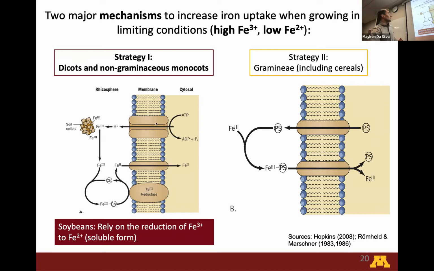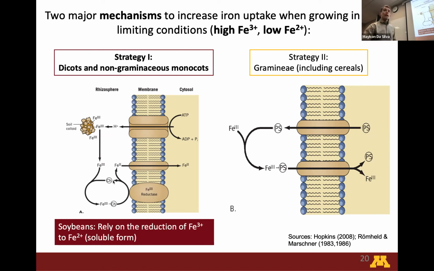I won't talk too much about each of them, but first, soybean roots activate a proton pump called APS that releases hydrogen protons into the rhizosphere in an attempt to acidify this region immediately surrounding the roots, promoting the solubilization of ferric iron. Then soybean roots activate a ferric reductase enzyme located at the root cell wall that eventually reduces ferric iron